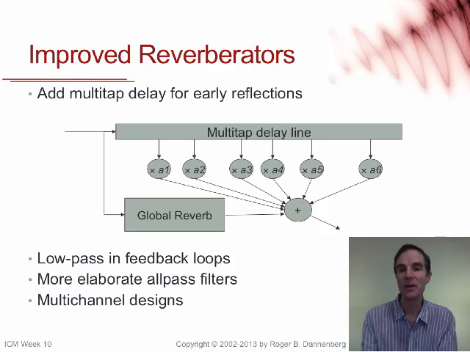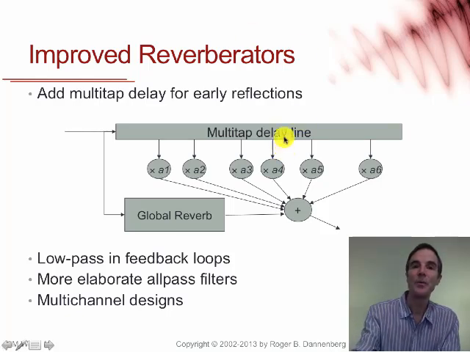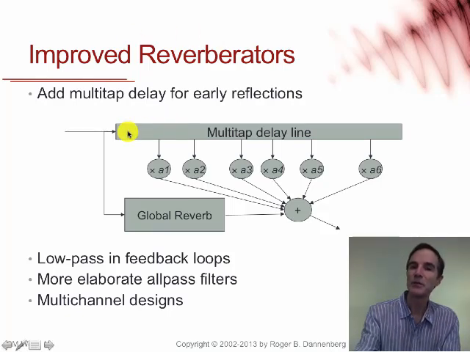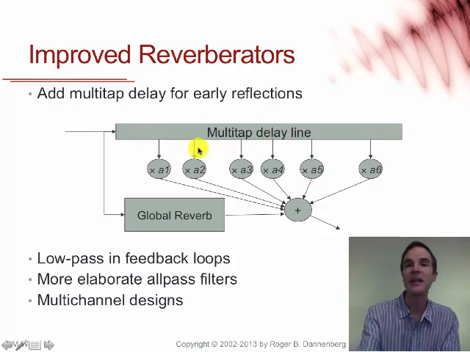Some are designed for ease of setup and specifying parameters. But we'll look at a couple of ideas. One is that if you want to model early reflections, which is important for simulating a particular room or a particular quality of room, then you can actually explicitly model these delays. You get a delay line and you tap that delay line, scaling each tap by some amplitude scale factor, and you sum all of these